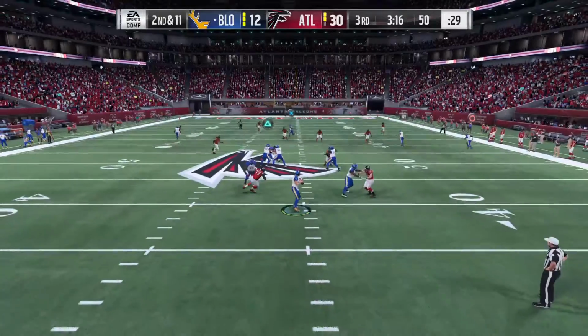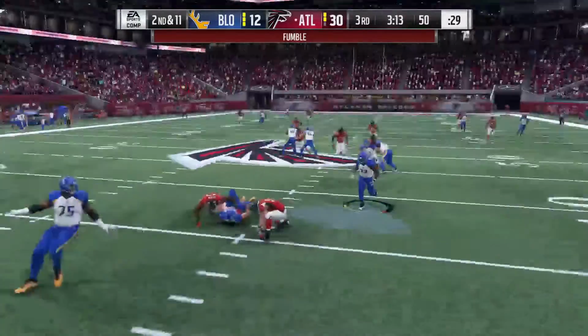From the 50, Stafford. Oh, a hit. He lost the football. Stafford put...